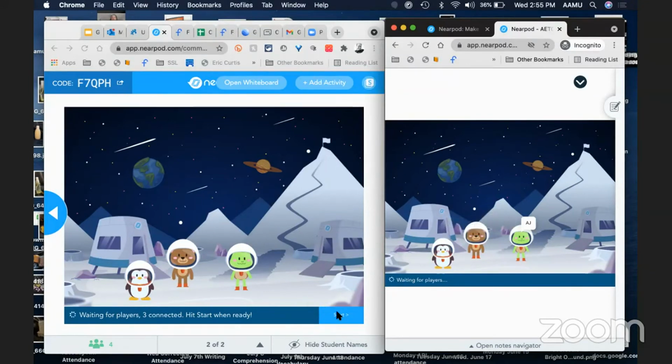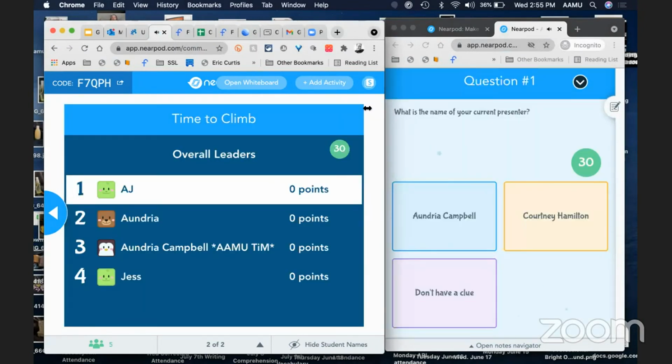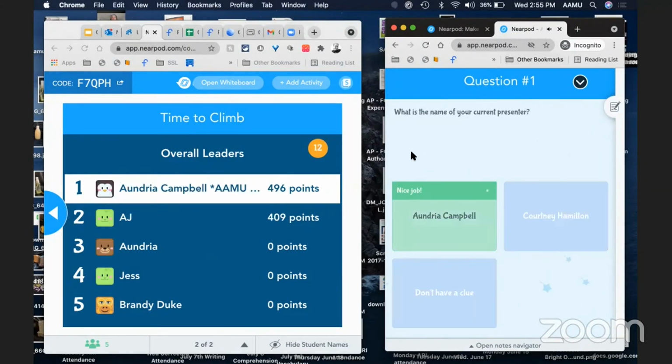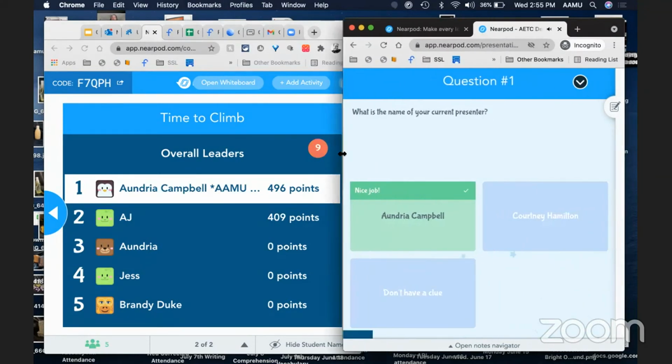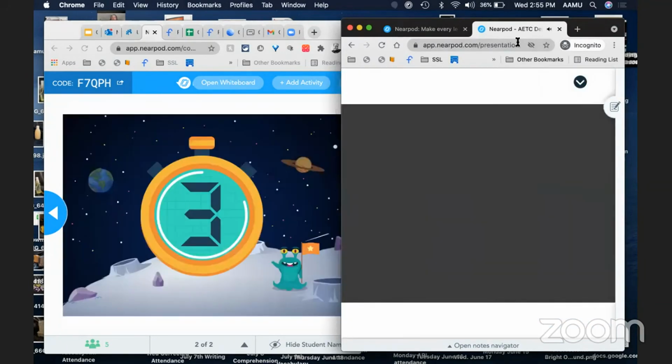So now I'm going to click on start, because now as the teacher, I'm starting the activity. And I'm going to close this in just a smidgen. A little bigger if I can. All right, so right here it says, what's the name of your current presenter? This person's going to get it right. This other person is going to get it incorrect, and I'll let this other person over here get it right. And you see the timer is on. Now let me move this a little bit so you can see the mountain.